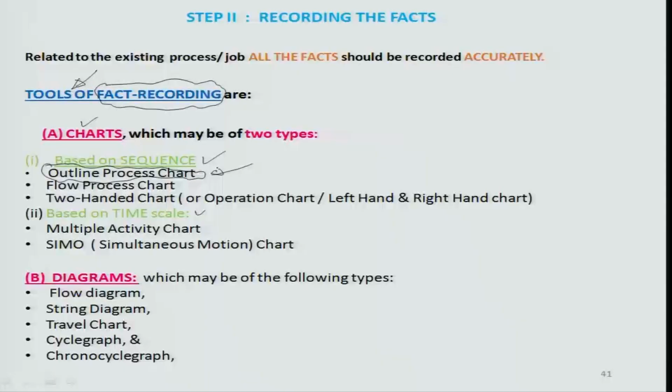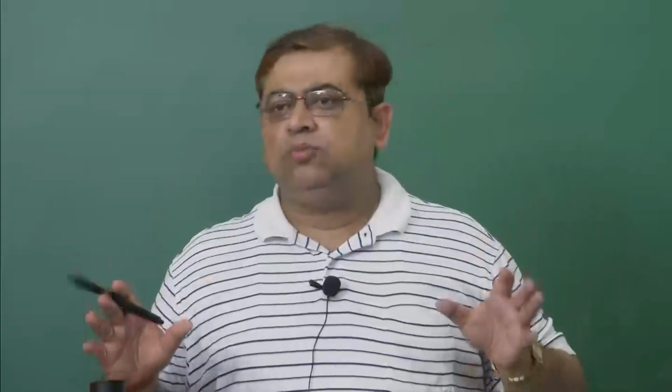And then of course, there are two-handed charts. Two-handed charts typically are related to executing the task in a time wise manner by looking at what your left hand would do and what your right hand would do. For example, if I wanted to take a cover and put it on the top of, let us say, the engine head, and then fit 3 bolts or 4 bolts on this cover to attach to the head. So, typically my left hand would probably do the job of picking up the head cover and then placing the cover over the head. The head is going to come to me from the last station where there was some other manufacturing on the head,